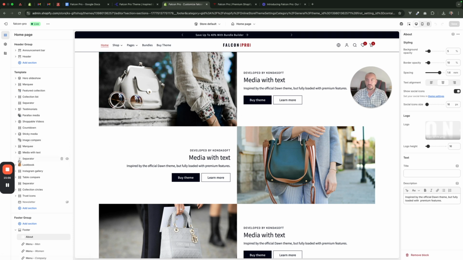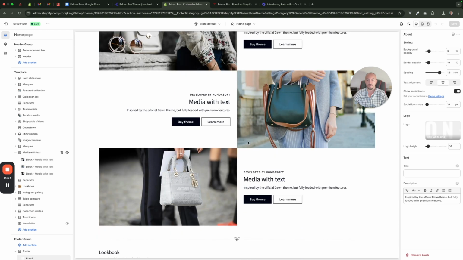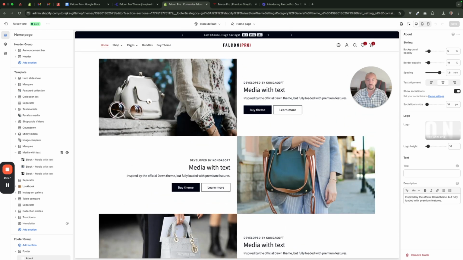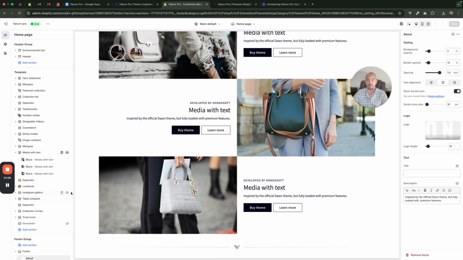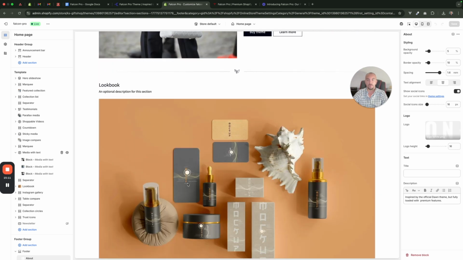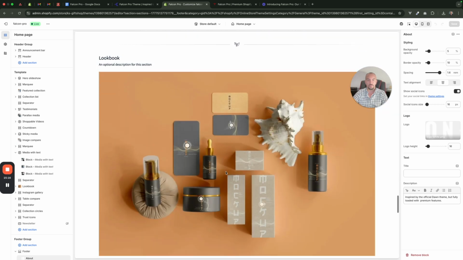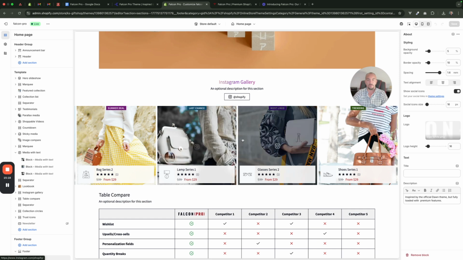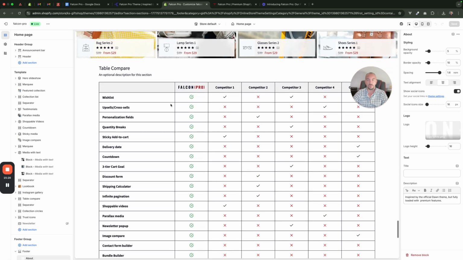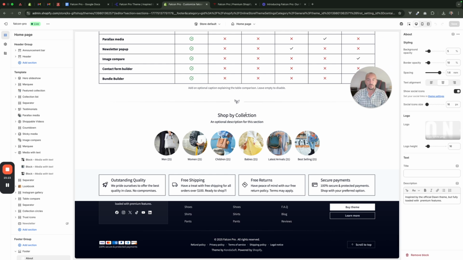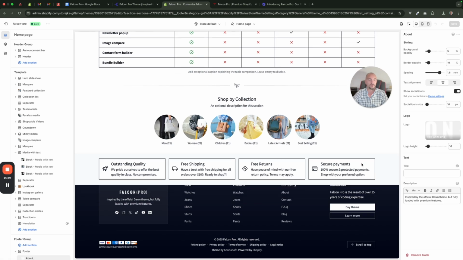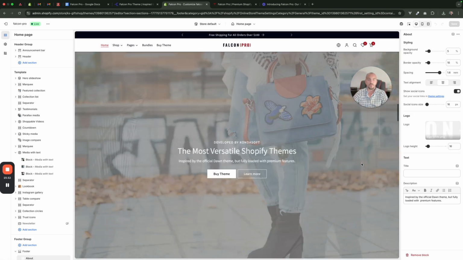media with text section, and this works by block. So each of these parts right here is a block. So this is just one section with different blocks. Then you have the lookbook section that works with the preview feature. Then we have the Instagram inspired gallery. We have a table compare, and we have this collection circles section, the trust icons, and as you can see we have many sections, and